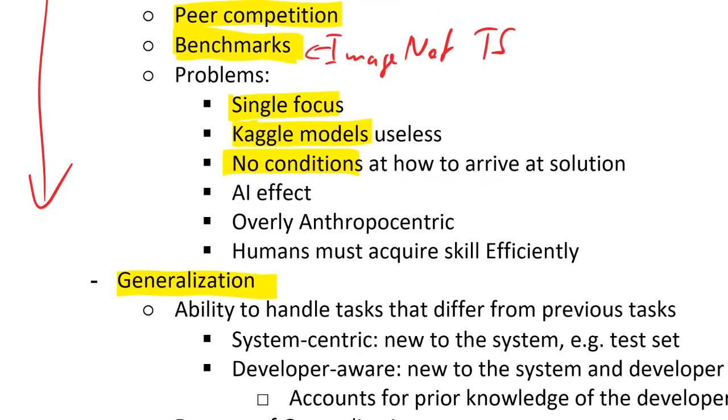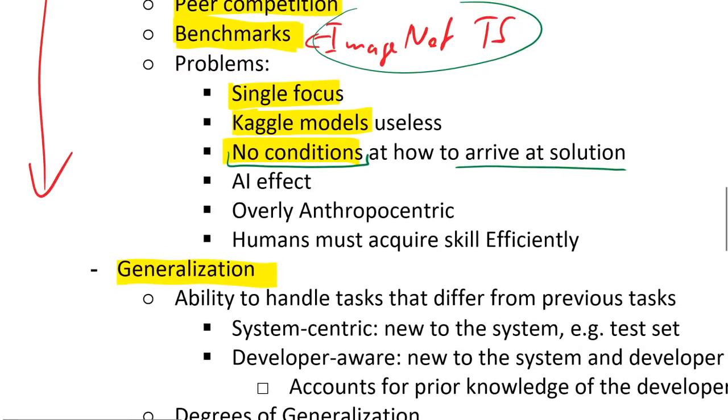where he says you simply have to arrive at a solution in this skill-based evaluation. This skill-based evaluation usually doesn't care how you arrive there. So the ImageNet test set score doesn't care how you got the neural network or whatnot. It simply cares how many images you classify correctly. And this leads to what is called the AI effect, which I didn't know was called this until recently, but it's fairly obvious, where people